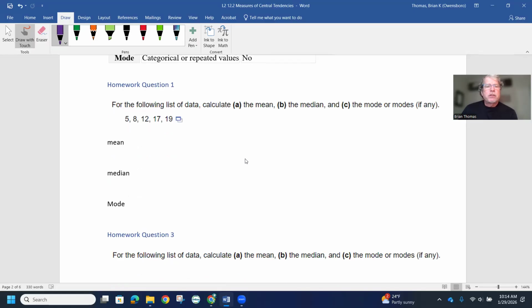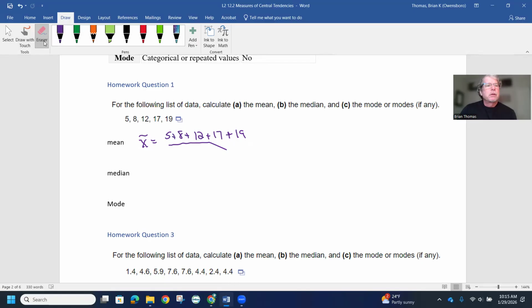So if I look at this first example, we have one, two, three, four, five values. If I want to find the mean, I have to add all these numbers together. So this X bar is going to be this 5 plus this 8 plus 12 plus 17 plus this 19. And then you're going to divide it by